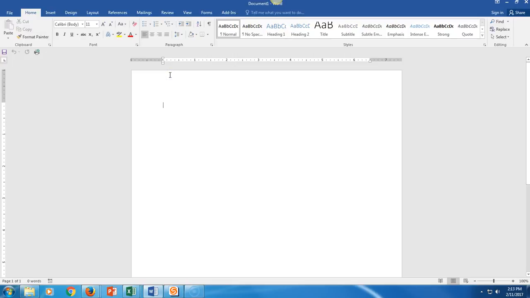Step number 3, at a blank document, type the information shown in figure 1.2. That figure, you guys, is up at the top of the next page. This is very common in this textbook, and sometimes you have to turn a page. Just look and make sure that you have the right figure, and you always check the number in the instructions with the figure in the textbook. So 3A,